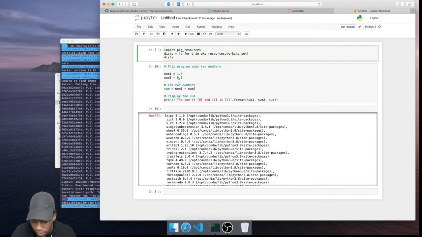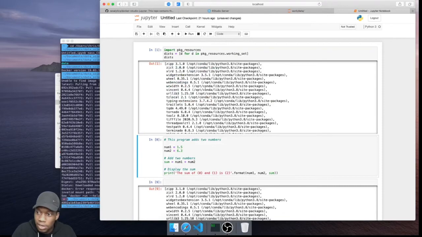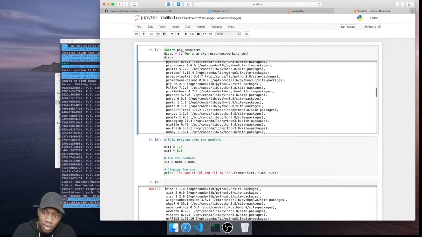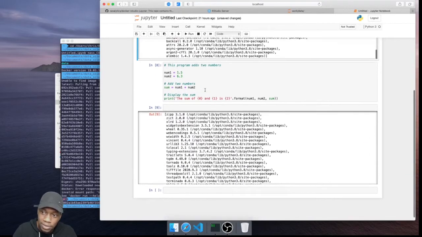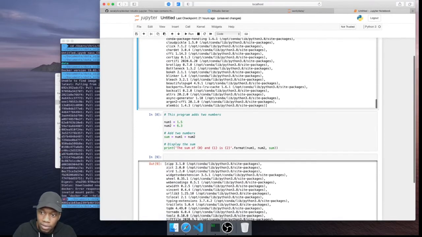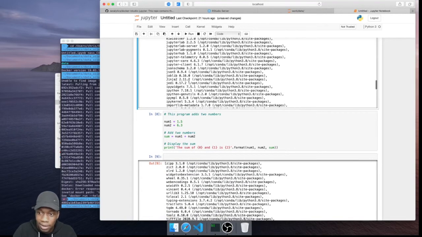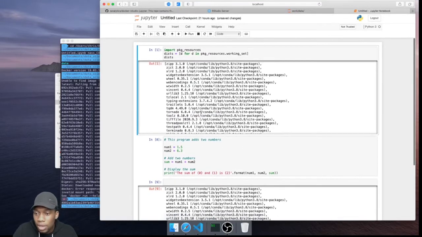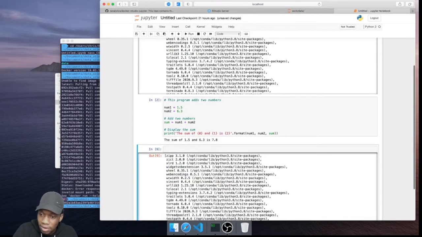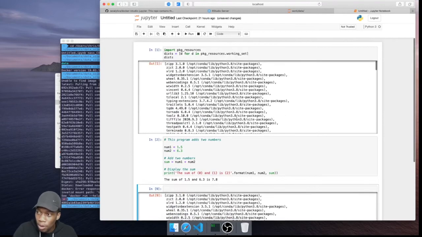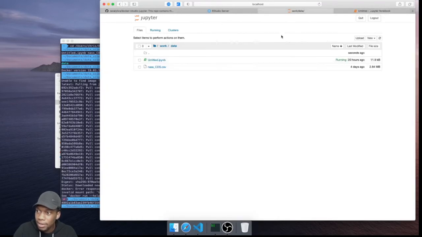So one of the things that will be interesting is to see what's actually downloaded on here. So you can actually go down here and see that you have a lot of things. You know, you have Bokeh here, all of that stuff. Pandas, obviously, and all the big tools and stuff like that. So you see, but one of the good things about this that I like is if I come back here and I come to New,